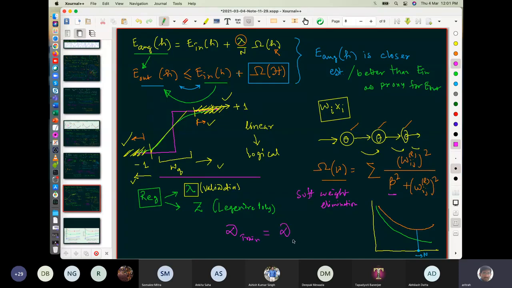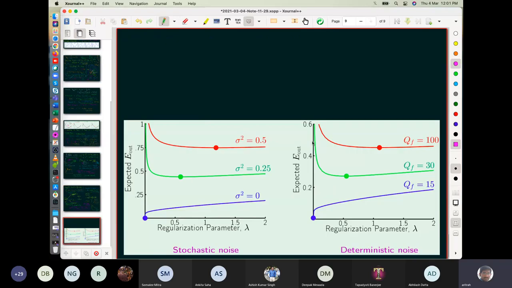We need to split it using a set for training, and also using a set for validation or testing. We will see the formal notion of these validations in the next class. And finally, before we finish, the optimal value of